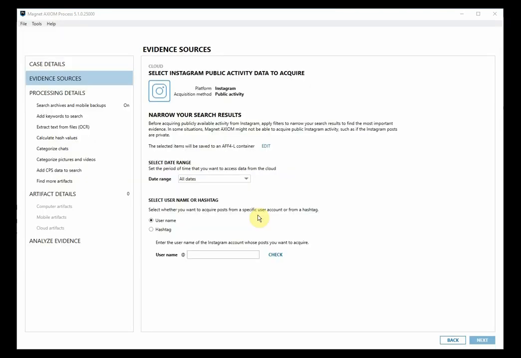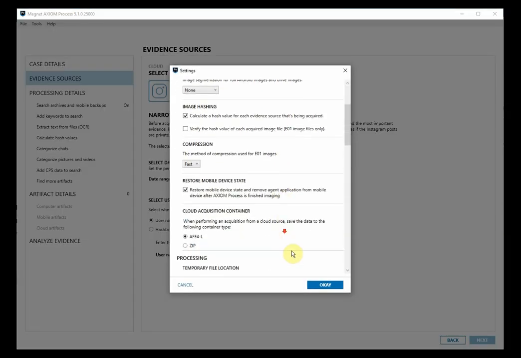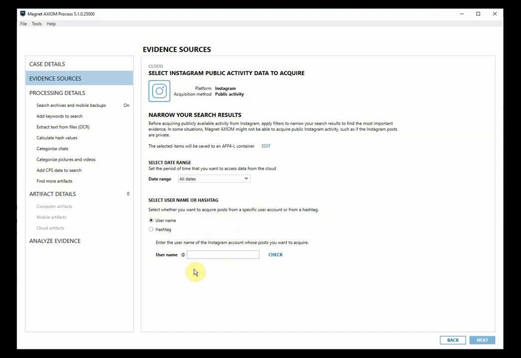After logging in, we can change the type of cloud acquisition container this will be saved to by clicking Edit. We can also narrow down our date range. Next, we can acquire data from a specific user account by providing a username, or we can acquire posts associated